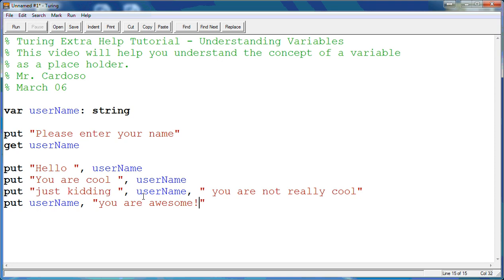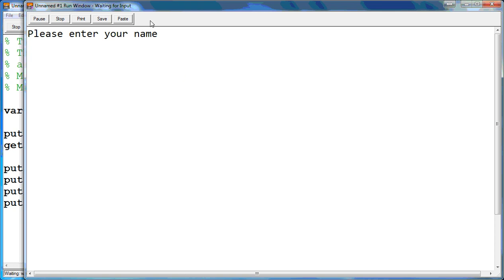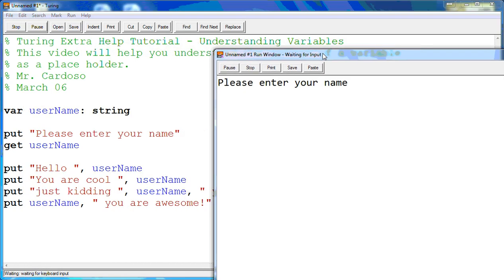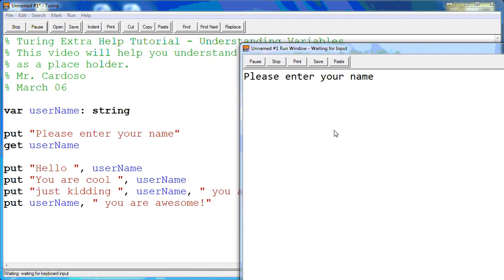Okay, and now we can run this. And don't forget, I should put some spaces in here, otherwise the spaces won't show up, and things will be right beside the username, right beside the you are awesome, so I want to put a little space here. So if I run this now, and this time I use the name